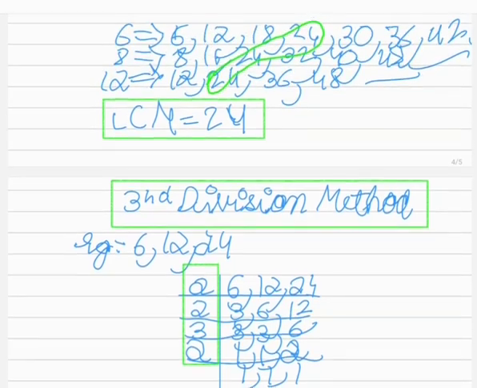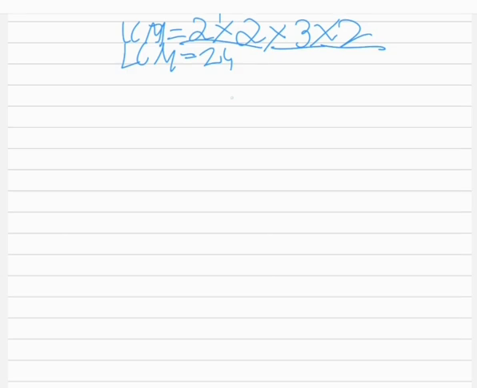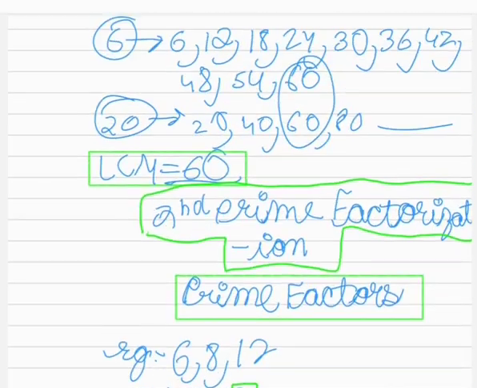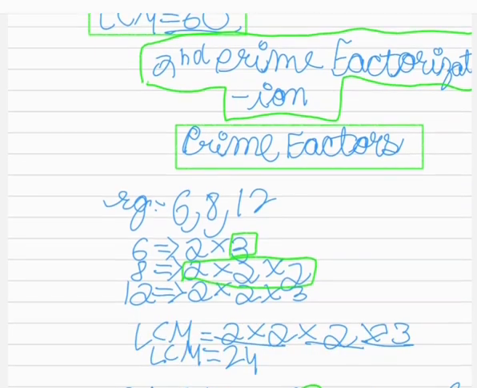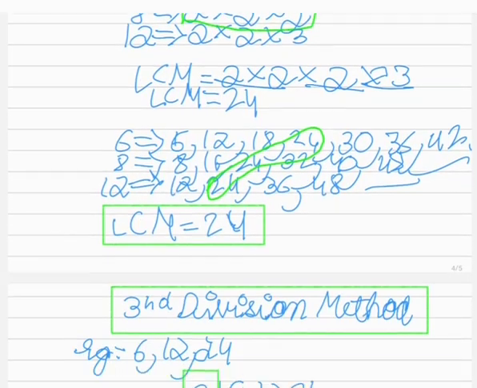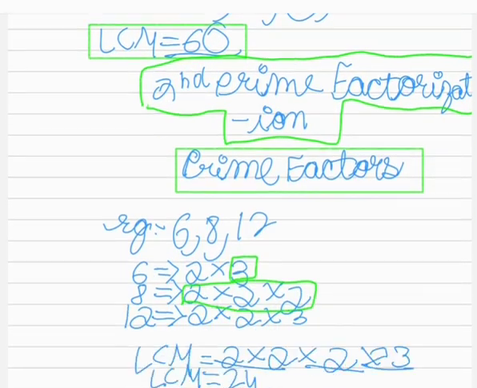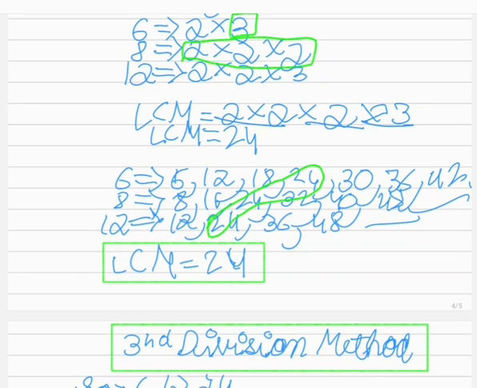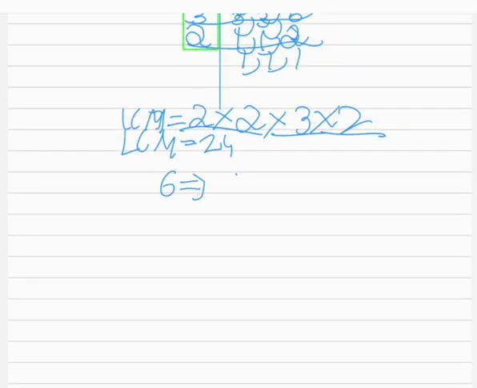And if we check with the prime factorization method, I will do it, and see this. The prime factorization method says that first we have to write the prime factors, and as you know, we have to first write the maximum number of times a number appears. So first write the factors of it. First, 6 is equal to 2 into 3, 12 is